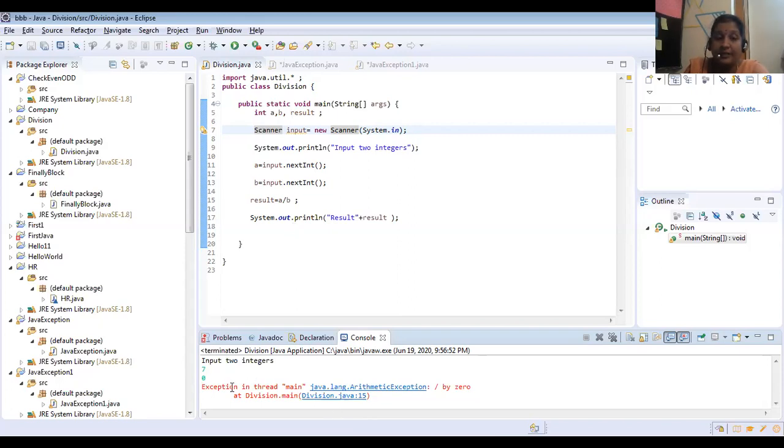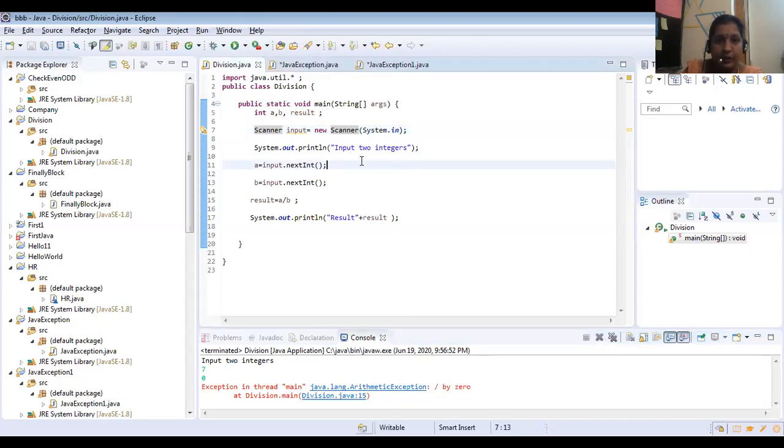So that's why it is saying exception in thread. Which thread? Main thread. What exception? java.lang.ArithmeticException, under this divide by 0 exception at Division.main. Project name is Division, class name is Division. Under that class, Division.main of Division.java, 15th line, this error is there. Clear? Like this only you will get the runtime error. Shall we modify and try to handle this error?